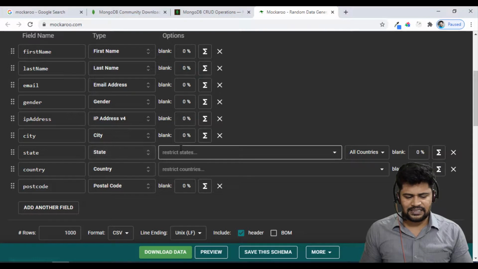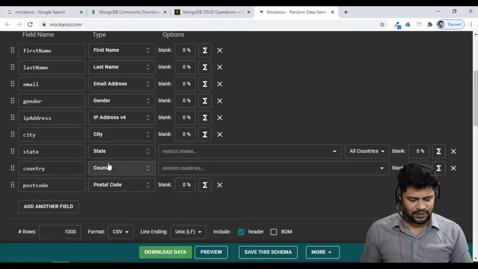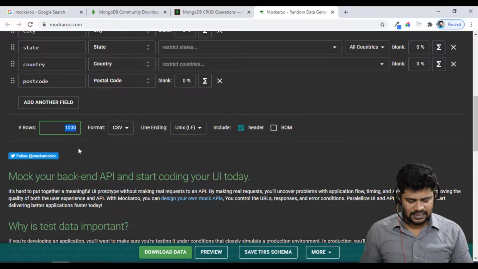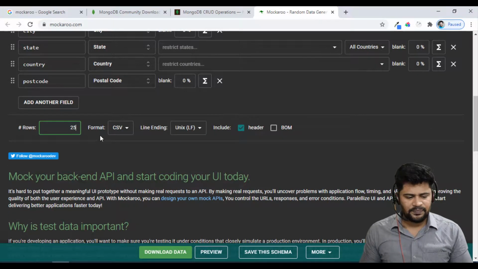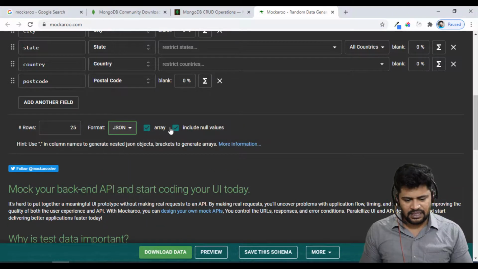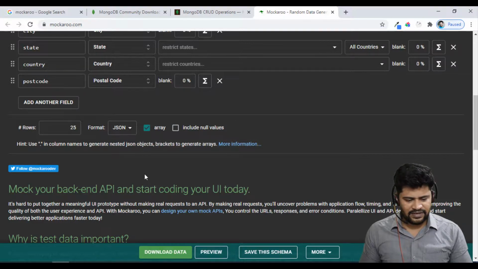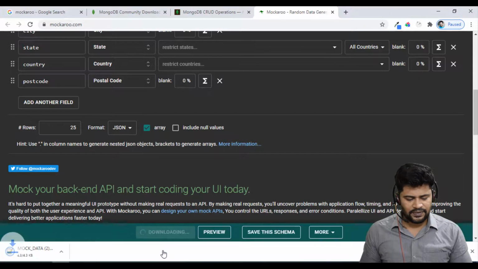And if there are any restricted states you can mention them, so those data will not come. Okay, so I have finalized. These are all my columns, and each column gets specific data filled. Okay, and I'll get just 25 records, the format is JSON, and don't include null values. I don't want null values. And once you have finalized this selection, click on download data. So the data has downloaded.